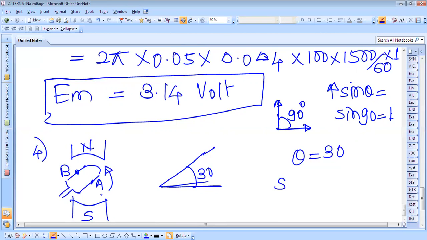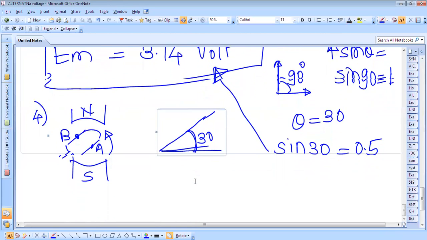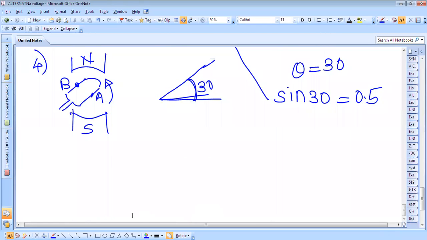But in case 4, the coil is just rotated by 30 degree, so we have to find sine 30. We have to find sine 30, and therefore sine 30 is equal to 0.5, and we have to just multiply this value by 0.5. Then you will get the value of generated EMF when the coil has rotated through 30 degree from the position of 0 EMF. Therefore, answer for the fourth is,